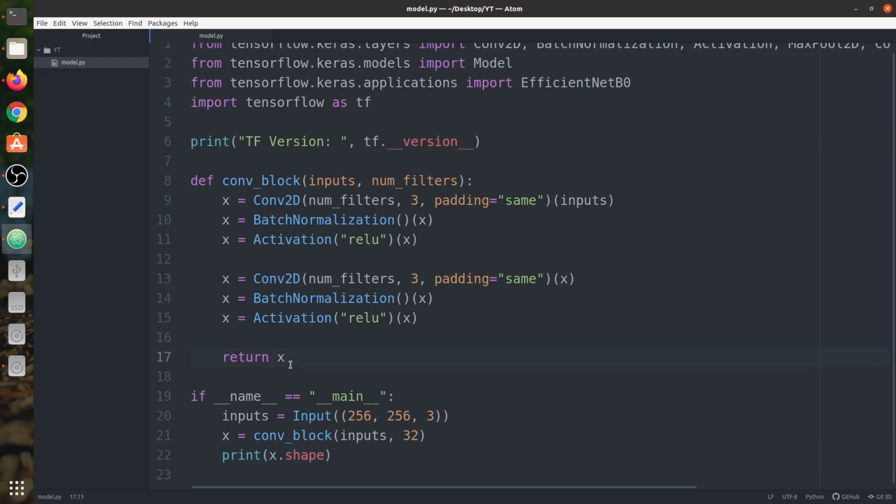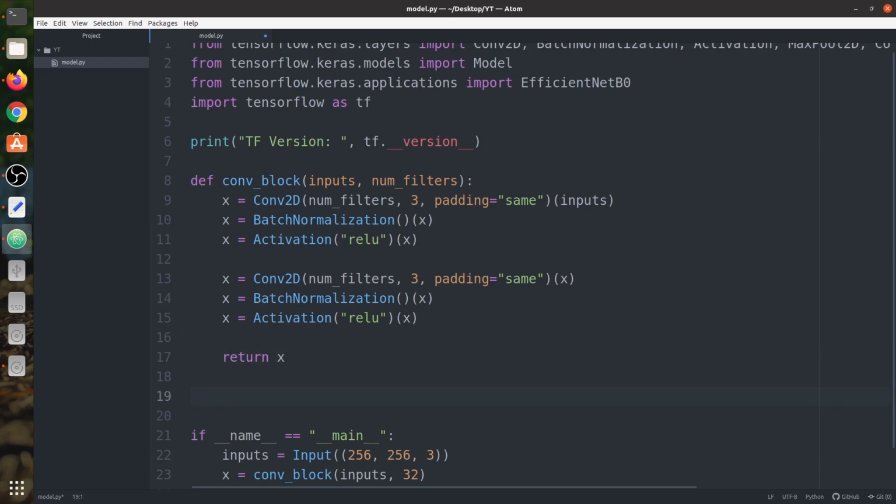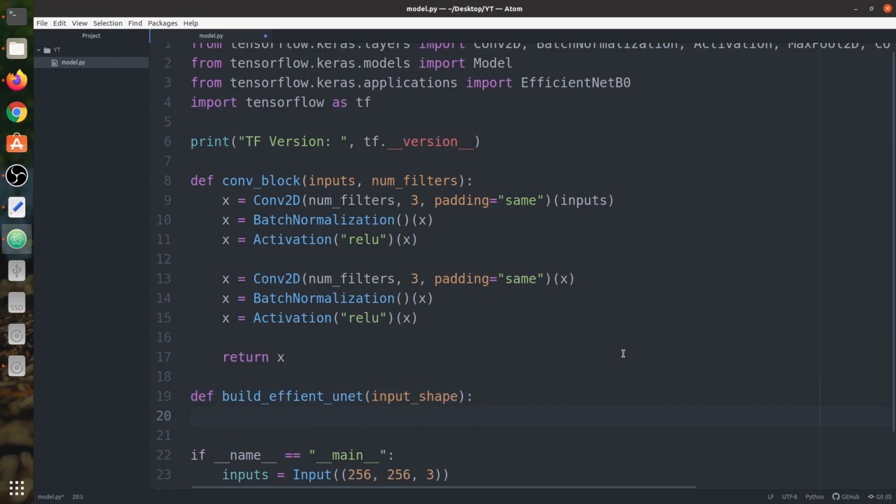Next we start building the EfficientNet UNet. So we're going to say def build_efficientnet_unet, and it would take input_shape.